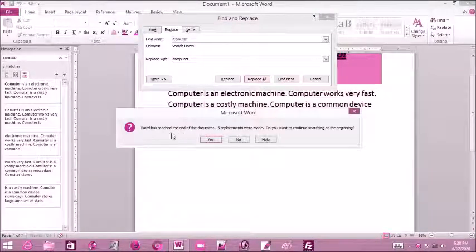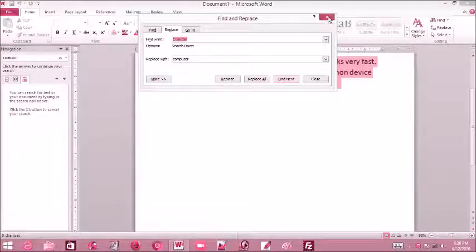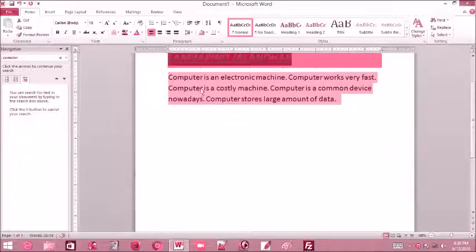The word has reached the end of the document. 5 replacements were made. Do you want to continue the search? No, we are done. So just close this Find and Replace. See now, all the commuter words are changed to computer, right? So this is the benefit of Find and Replace.